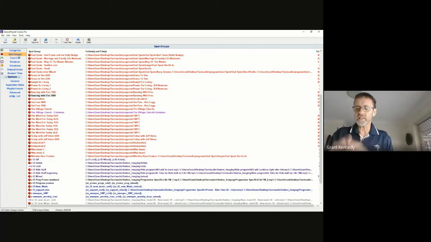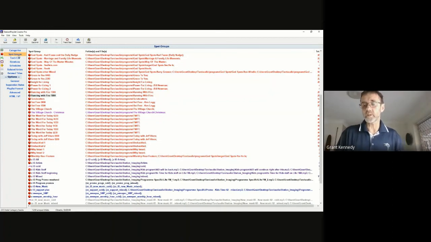You need to look at your assets, take stock of what you've got, and go, are we categorizing our music the best way to enable us to control the sound of our station for what we're trying to achieve? Are we categorizing our spot groups in the best way to control how we play our spots? That's your homework. And then if you can send that through to me before next week's, or we can talk about it next week, look at it together and think about, what is it we're trying to achieve with our music? What is it we're trying to achieve with our spots?